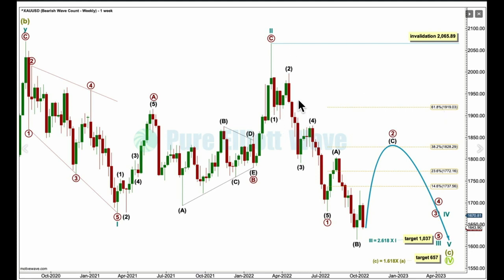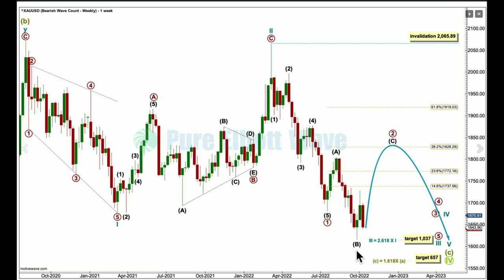1919.03. Here's an example of an expanded flat. Intermediate 2 is an expanded flat. If I put the labels, A would be here, B would be here, C would be here. B moved beyond the start of A, C moves substantially beyond the end of A. That's a normal looking expanded flat. And so, at a higher fractal, one degree higher, I expect primary 2 may follow a similar pattern. Primary 2 may not move beyond the start of 1, above